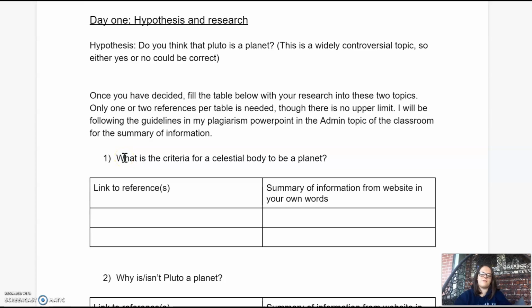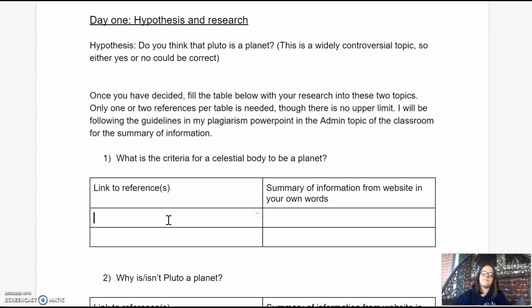So first question is, what is the criteria for a celestial body to be a planet? Celestial body just means any mass, any form that is within space. And some of them happen to be planets, some of them are stars, they can be comets, all those are celestial bodies. And so you need to link to your references here,